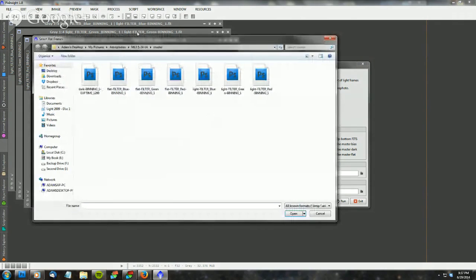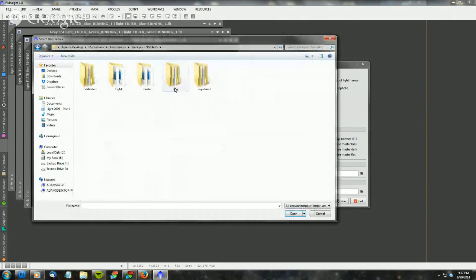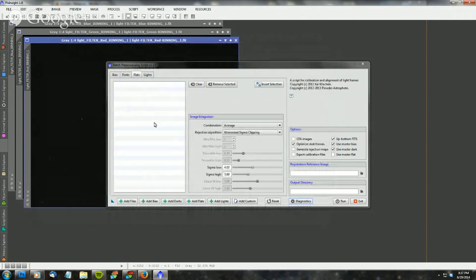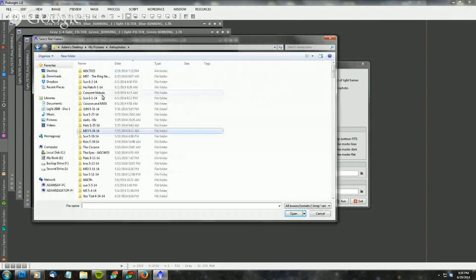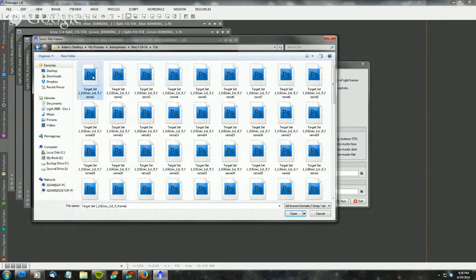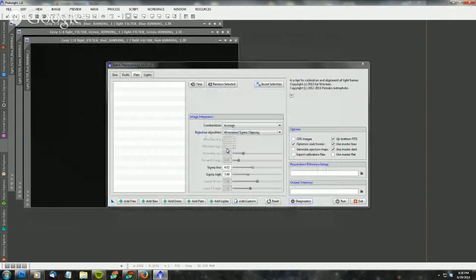So I'm going to add my flats, and well, I'm not going to waste time going around this menu. Let's just pretend that I add my flats in there. Now, actually, no, I'm not. This is a pretty cool feature, so it's worth showing you. I just have to remember where my flats are for that particular target right here. Okay, I'm going to select all of my flats,